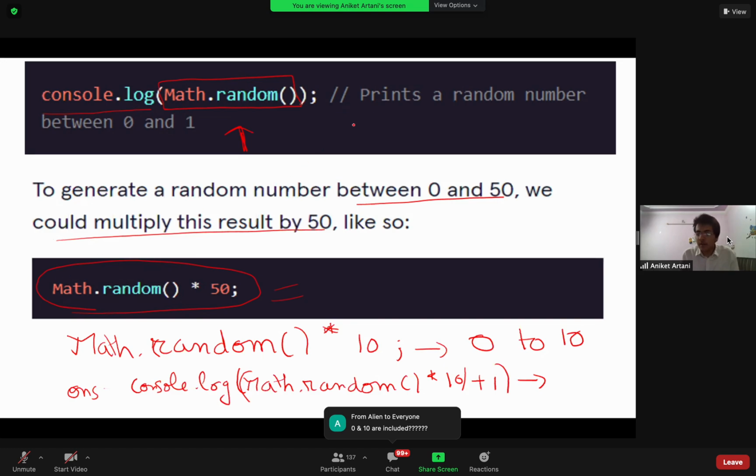It will generate a random number. Yes, 0 and 10 are included. No, not 1 to 11.